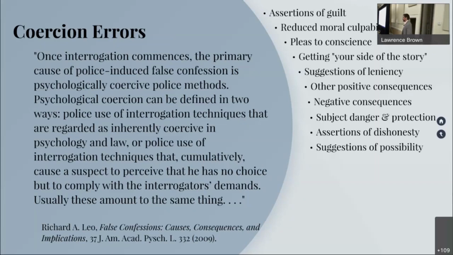Isn't it possible, this is suggestions of possibility, obviously, isn't it possible that you did actually do this? Or that person A, right? Isn't it possible that they did this? I mean, you said you saw them immediately before, but isn't it possible that on the way home they swung by this person's house and stabbed them 47 times? I really feel bad about not having bloody pictures, so I'm just going to try and reference bloody things. Where do assertions of knowledge come in? Well, when someone says, I don't know, I wasn't there, I don't remember that, I'm not sure, I don't know. Oh, you know.